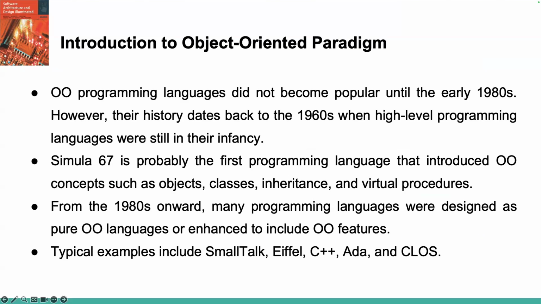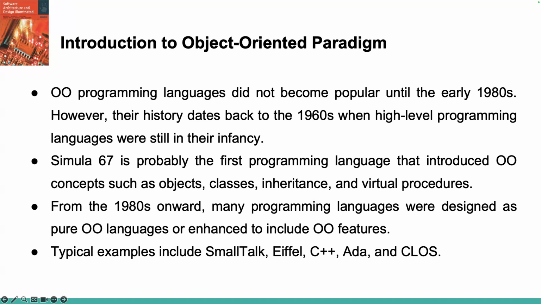Today we are diving into the origins of object-oriented programming languages. While object-oriented programming became widely popular in the early 1980s, its tools go back much farther, starting in the 1960s when high-level programming languages were still emerging. The first notable milestone, Simula 67, this groundbreaking language introduced key concepts we now associate with object-oriented programming: objects, classes,